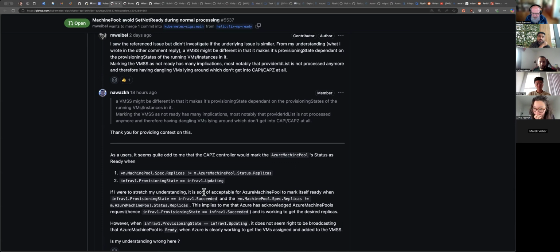Basically, what Michael is trying to do is that if, in an Azure machine pool, one of the VMs of a VMSS on the Azure side gets deleted or is not ready, on the CAPZ side we are marking the whole VMSS as not ready, and he would like that to not be marked as not ready because Azure sometimes heals itself up. That makes sense on the logical side, but then the way we are implementing it, to me,